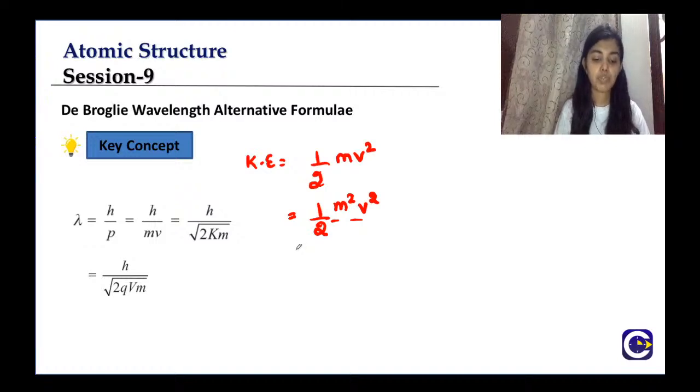The properties which were shown by the electromagnetic radiations were not shown by the matter waves. And the rest, such as what the properties of matter waves are, what stationary waves are, what electromagnetic waves are, what a longitudinal wave is, and what a transverse wave is, you will learn in physics, in the waves and oscillations chapter. So you will get a clear picture of that in that chapter.